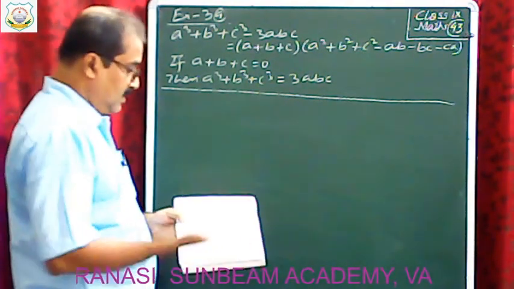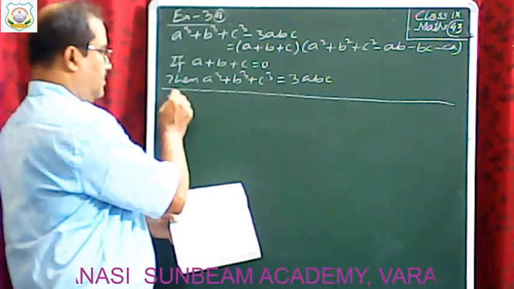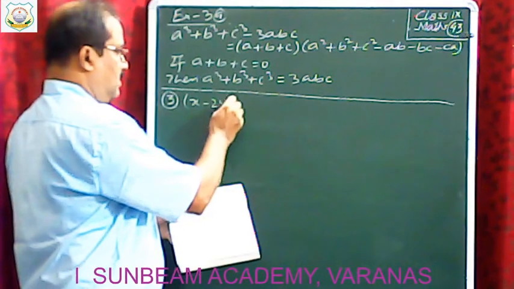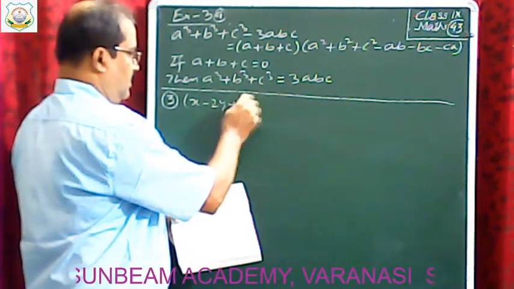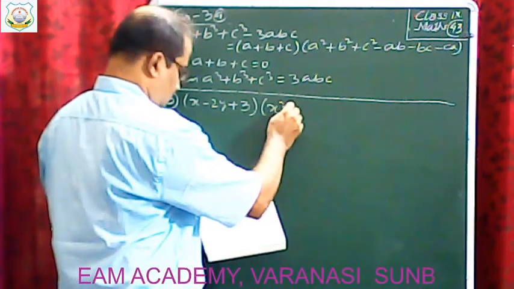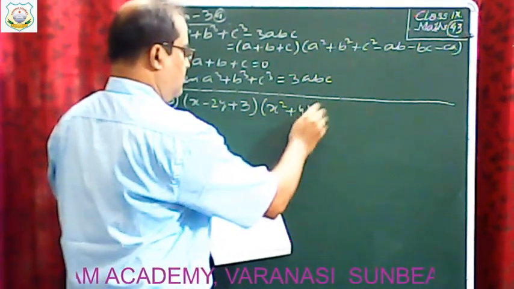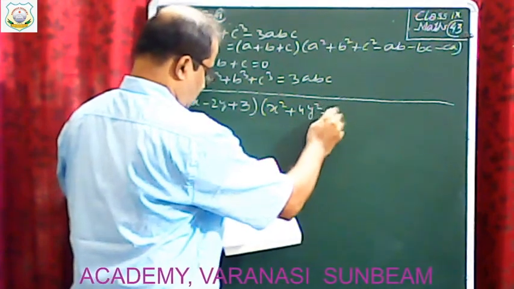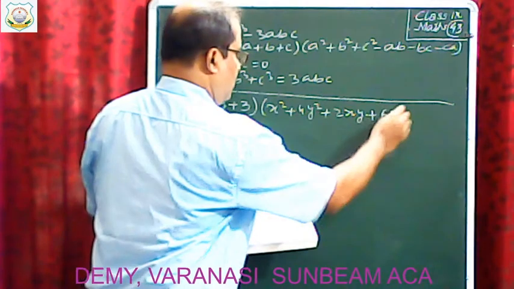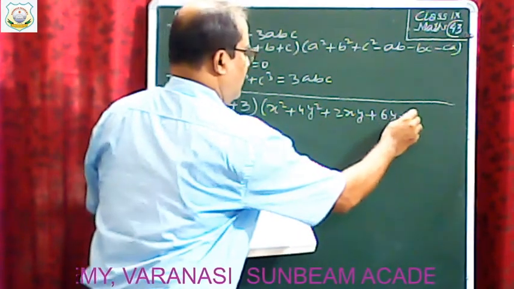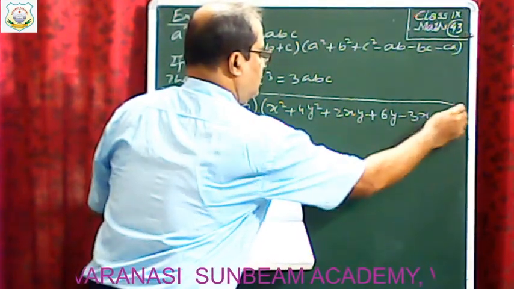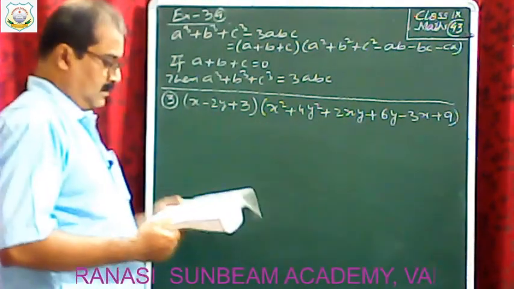Find the product using identity. Question number 3. It is given x minus 2y plus 3, into x square plus 4y square plus 2xy plus 6y minus 3x plus 9. Okay,